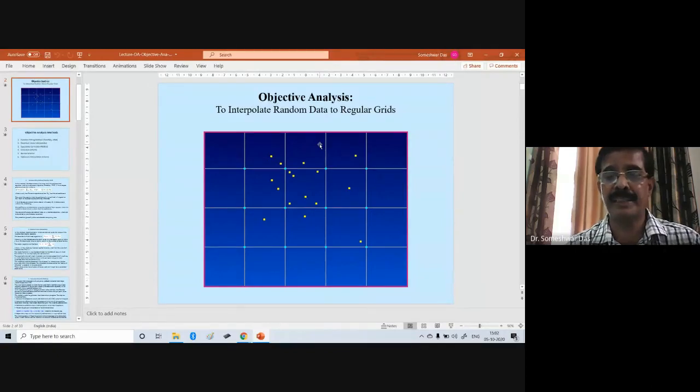Suppose you are doing the analysis at 00 UTC, that is 5:30 in the morning. Then the 6-hour forecast, which is based upon the 18 UTC of the previous day, will be valid for 00 GMT of this morning, right? So that 6-hour forecast will be used as the first guess values of the winds at these points. And because they are forecasts and first guess, they have to be corrected. They will not be accurate, right?